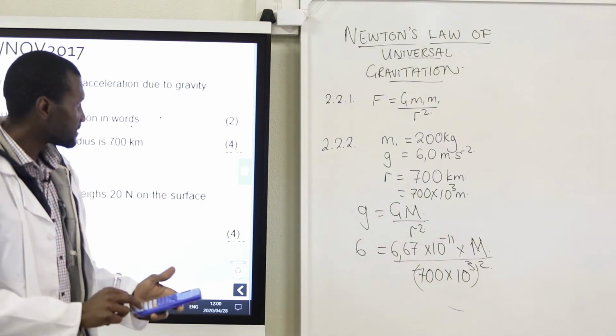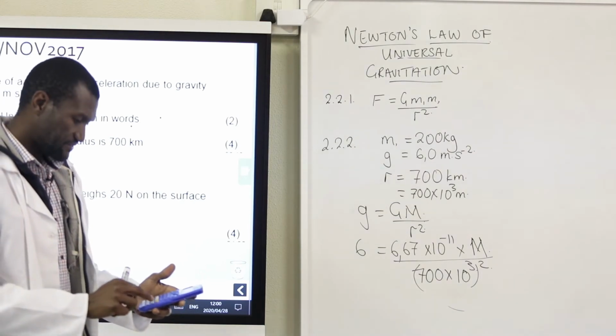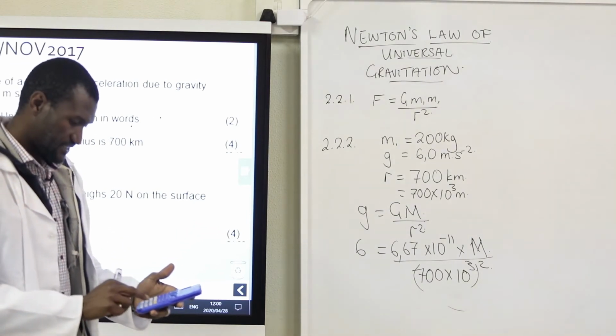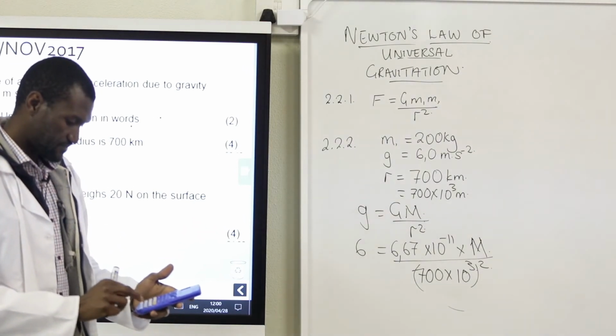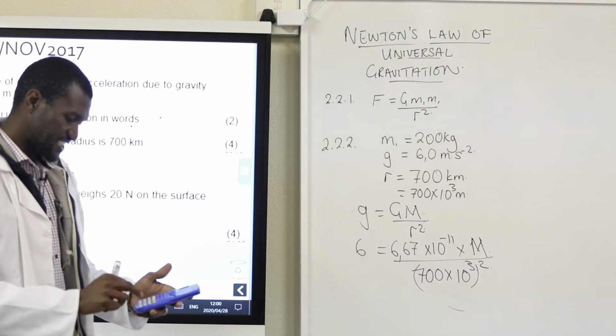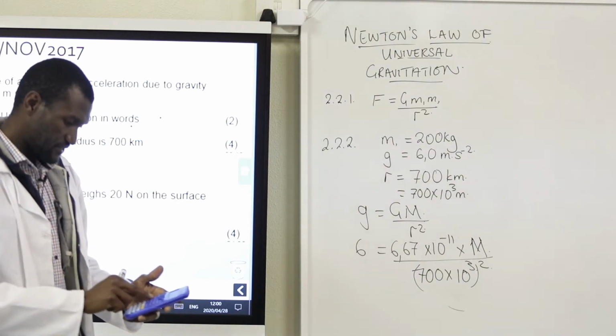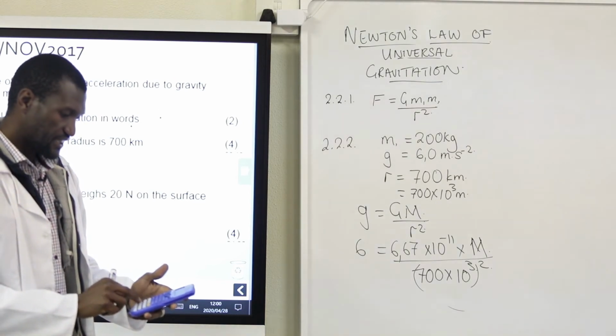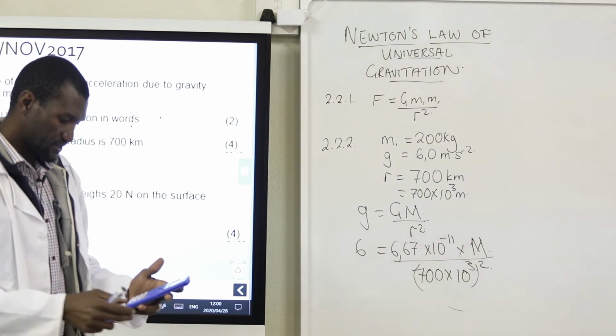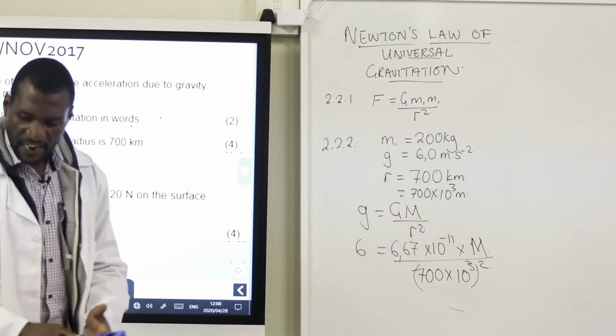All right? And then divided by 6,67 times 10 to the power of negative 11. There we go. Our final answer is